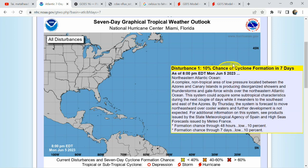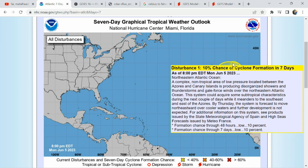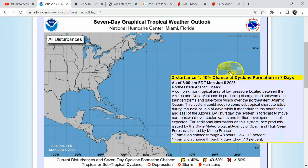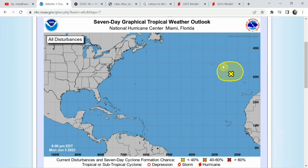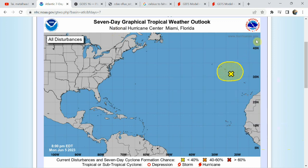I don't think this is going to even hold up to that 10% for too much longer either, as we can expect this to probably be downgraded just as quickly as it's popped up here. This is in an area where the waters are relatively cool and there's a lot of wind shear right now, especially to the south of the storm. This is probably going to end up pushing the storm into further cooler waters, and as a result, we won't